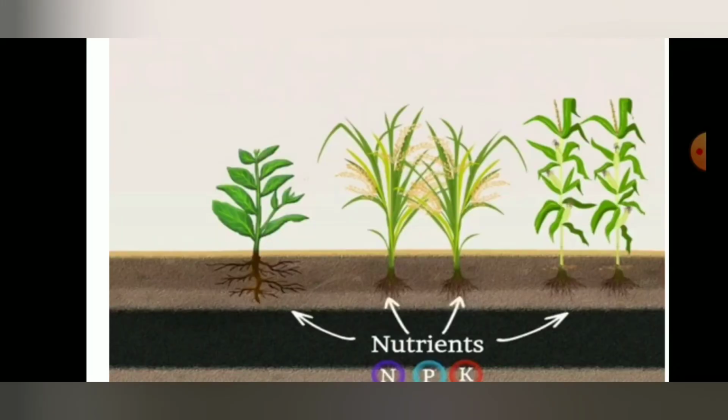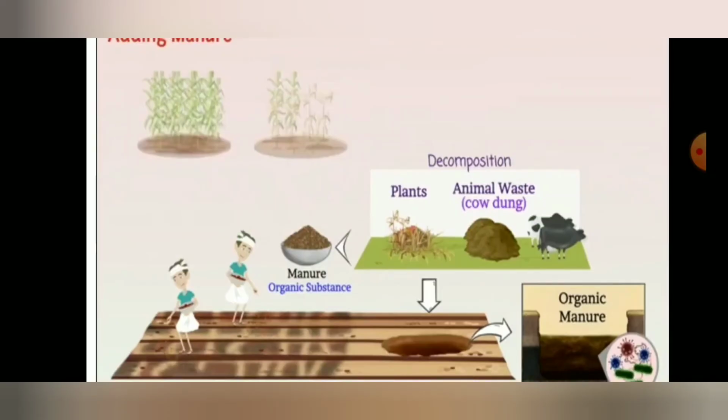See, here I will give one picture. This picture is showing that the plants are at some distance so that they will get the nutrients from the soil in a proper way. Here you can observe each and every plant has a certain distance. This distance will allow the plants to get the nutrients in a proper way. Understood? NPK, nitrogen, phosphorus, potassium. Okay, understood the importance of the seed drill. Okay, next.